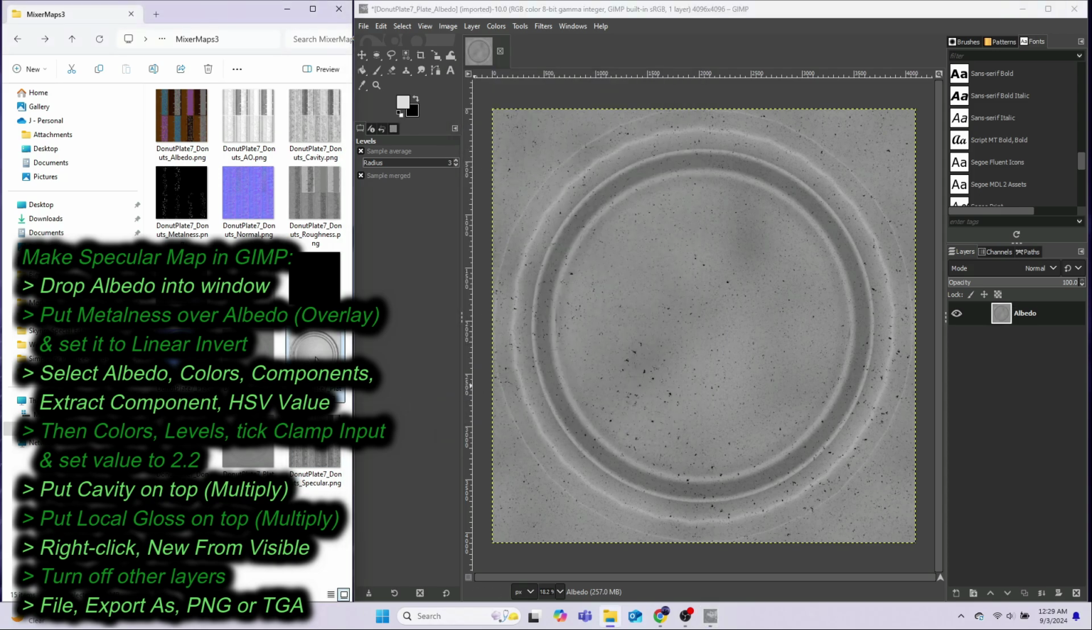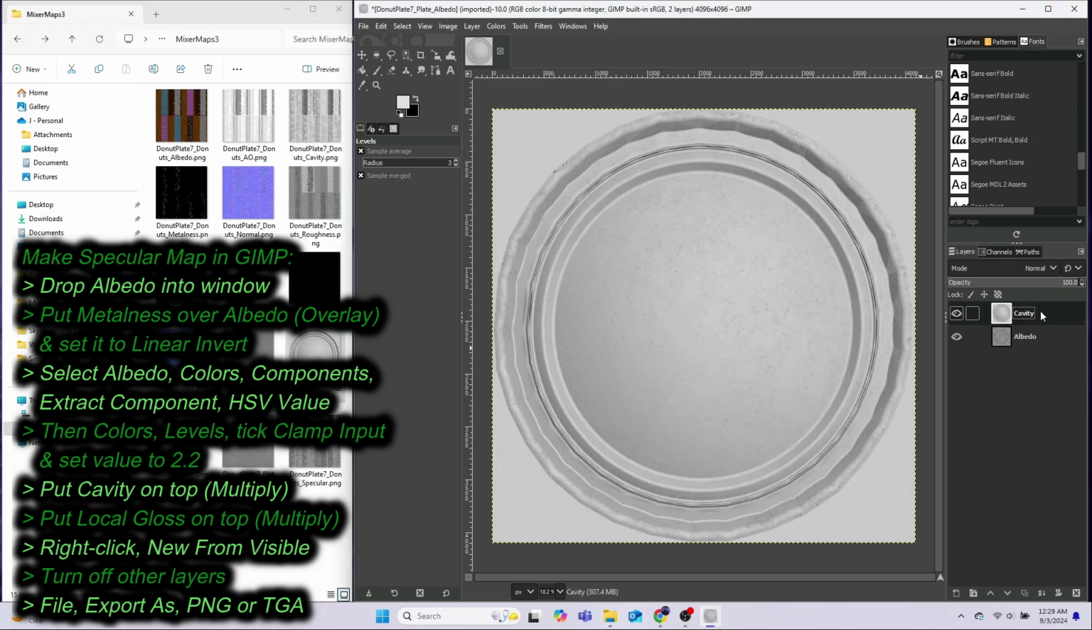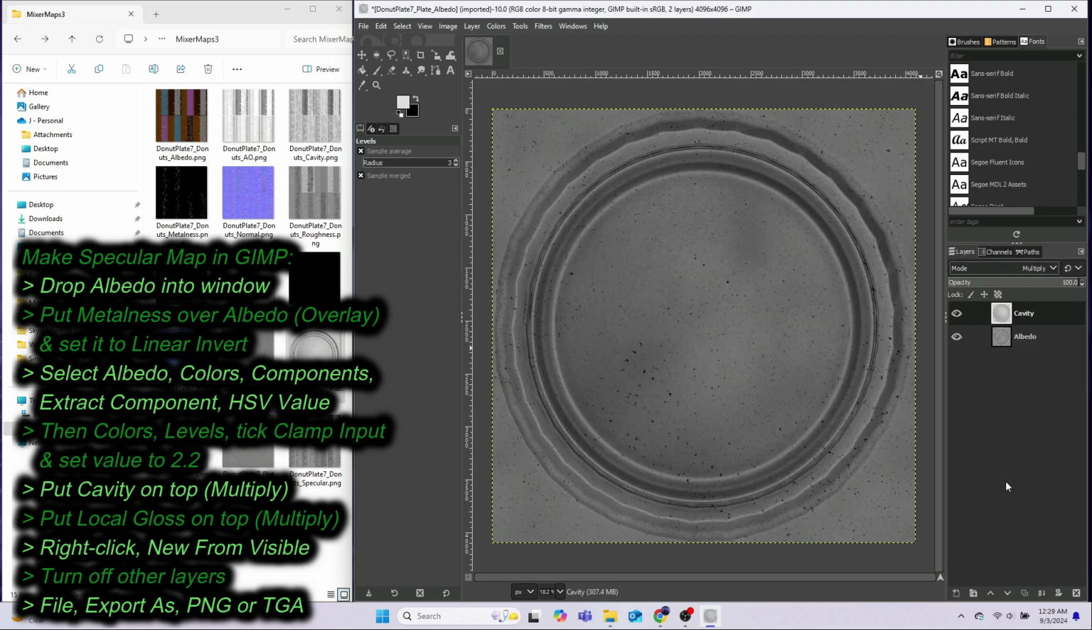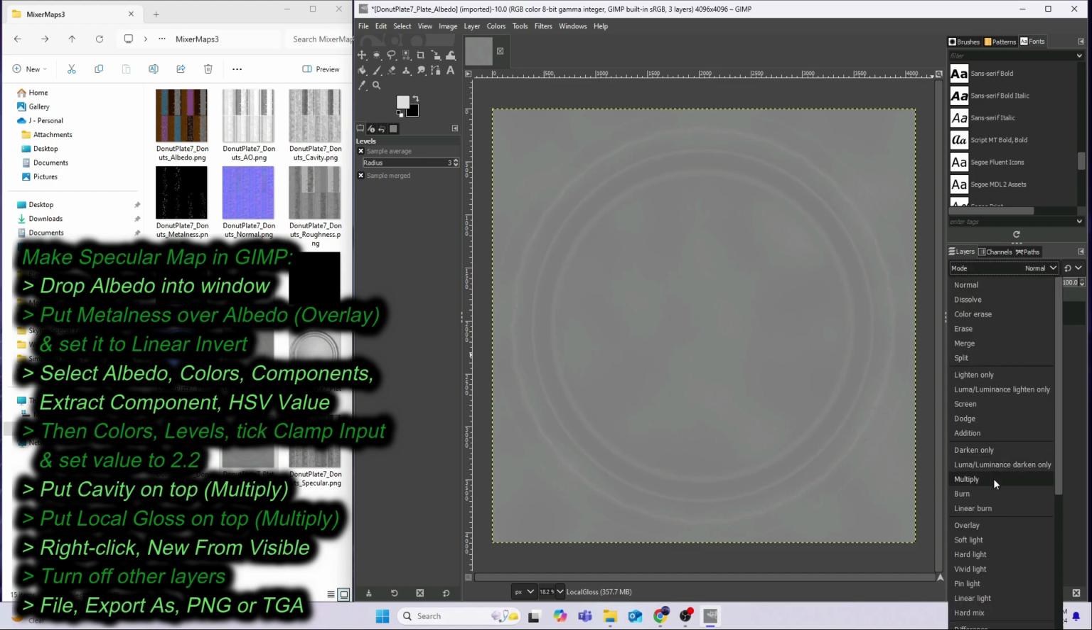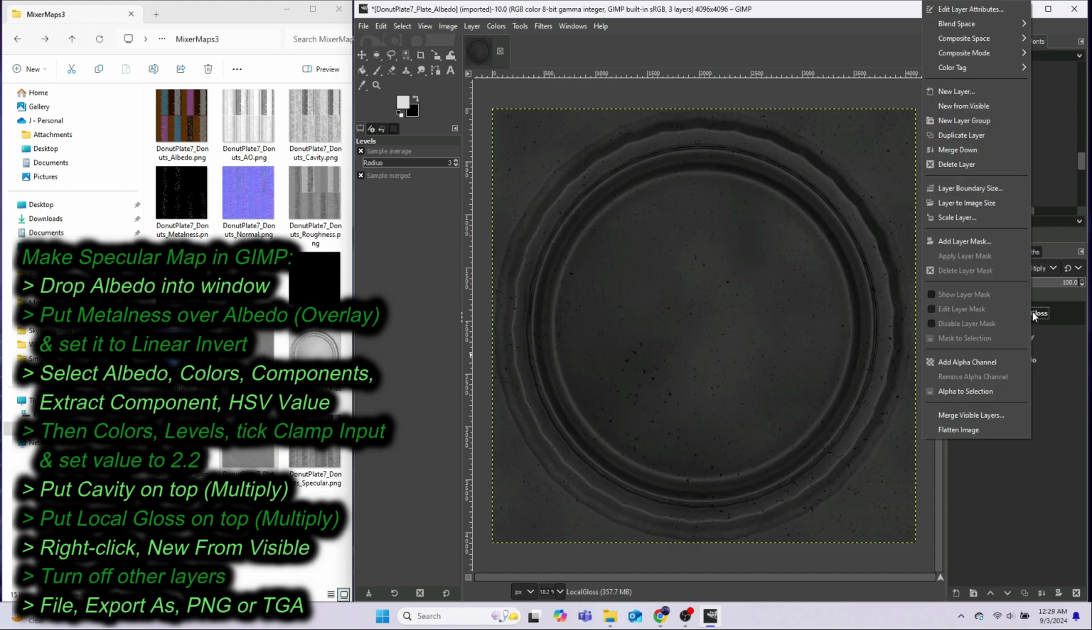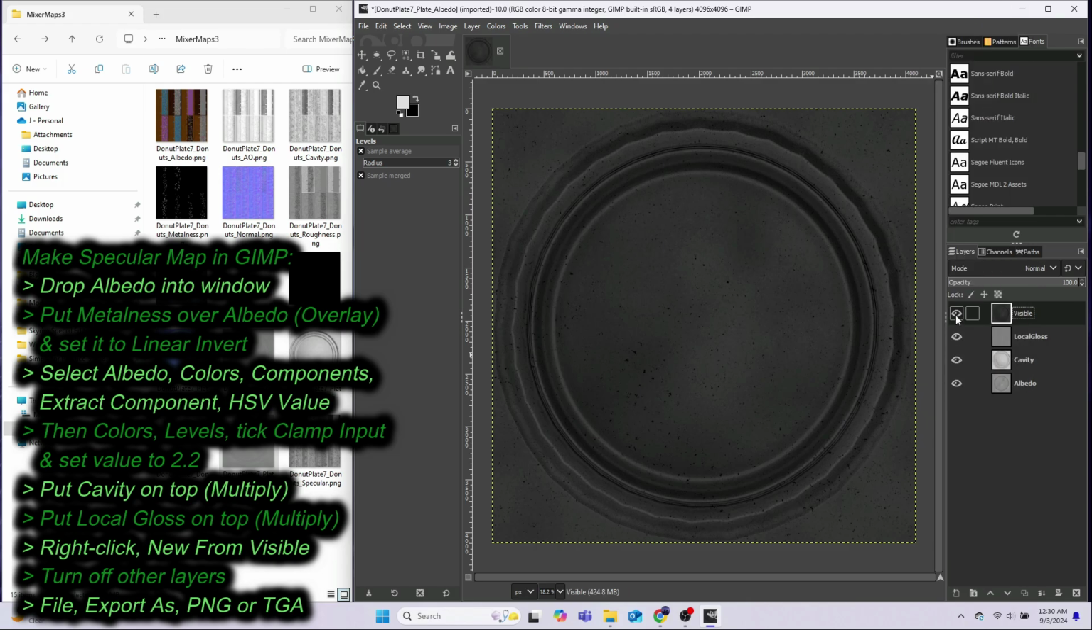Load in the cavity map on top of that, and set its blending mode to multiply. Then load in the local gloss map on the very top, and set that to multiply. Now right-click, select New from Visible, turn the other layers off, and export the result as PNG or TGA by